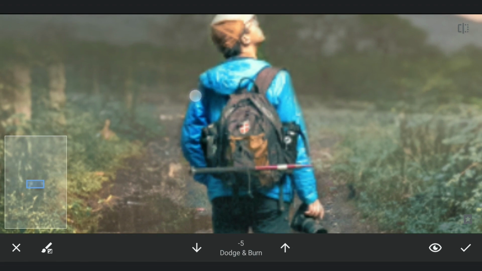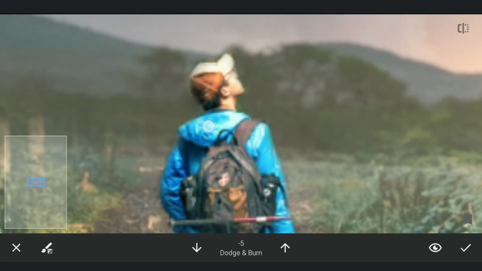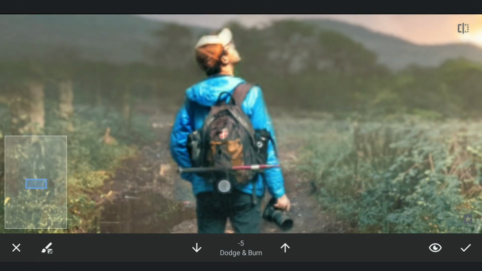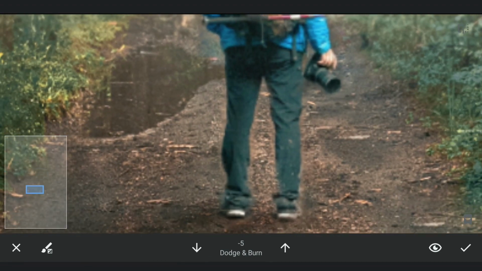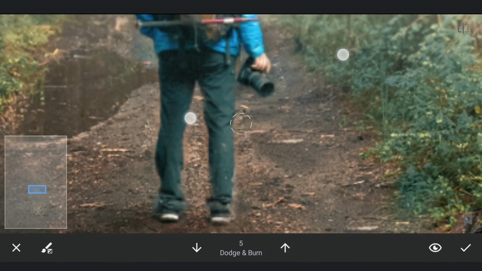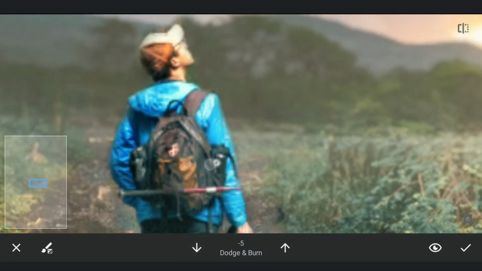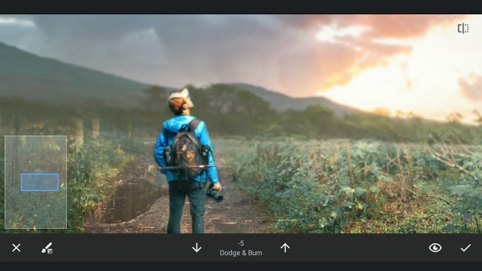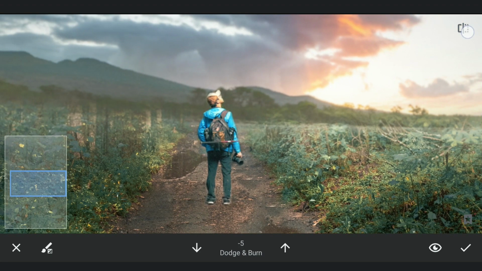Also some dodge and burning on the subject to make some shadows and highlights. Here you can see the difference.